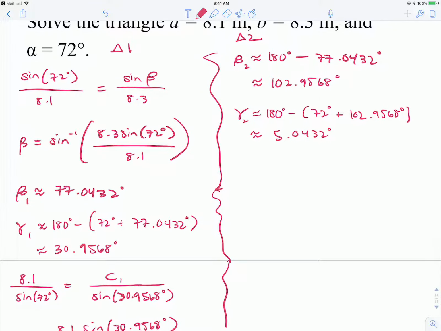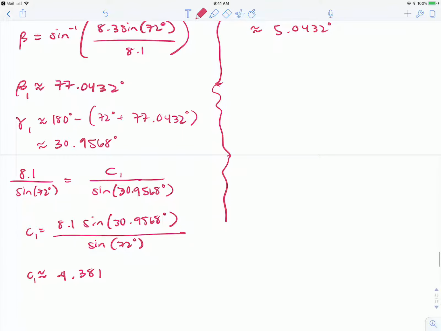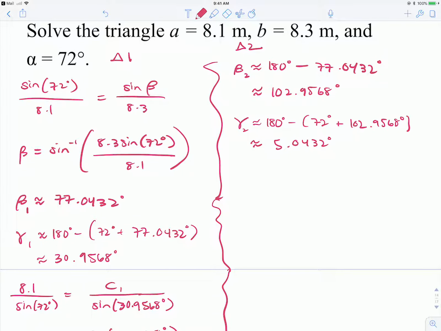Okay, and then if we solve for side C over on this side,